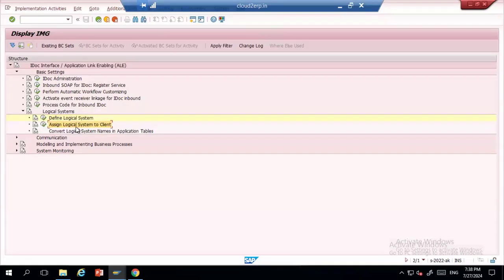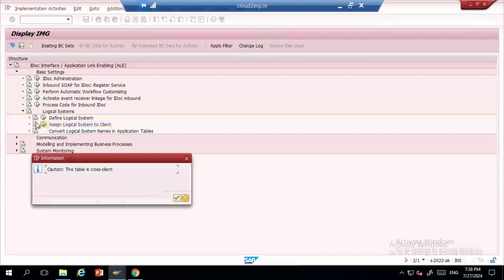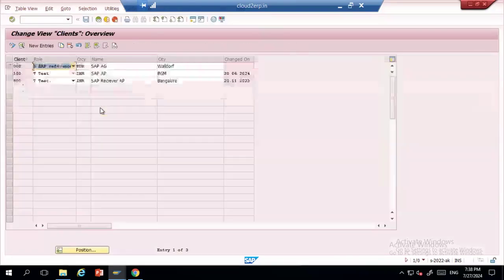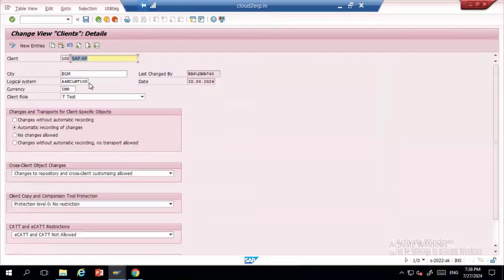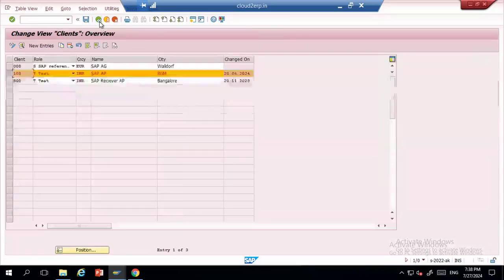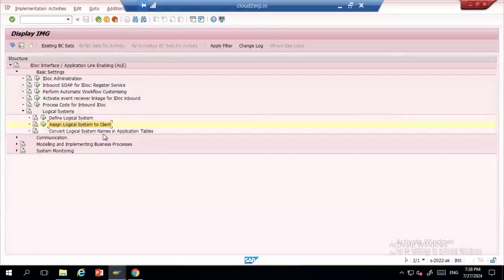So we said that the client is 100. So this is a cross client. So we are in client 100. They are going to assign the logical system here, so that this system name and this client will be mapped together. Okay, this is the first config. Logical system is the first config. Okay. Then the second thing is